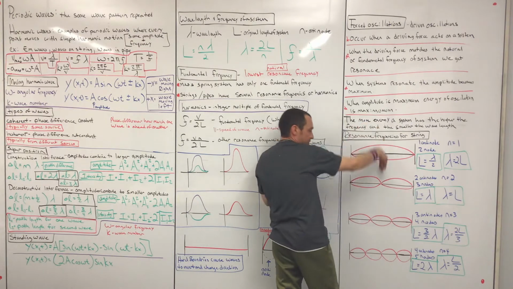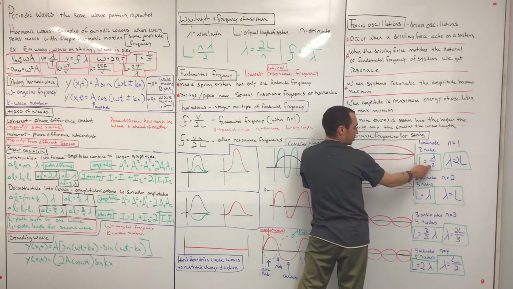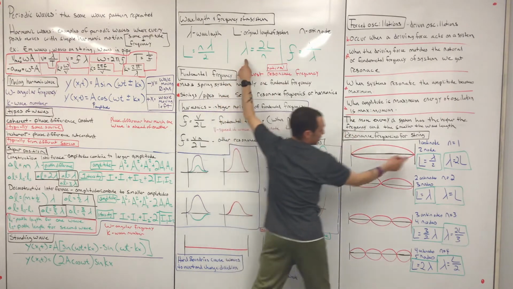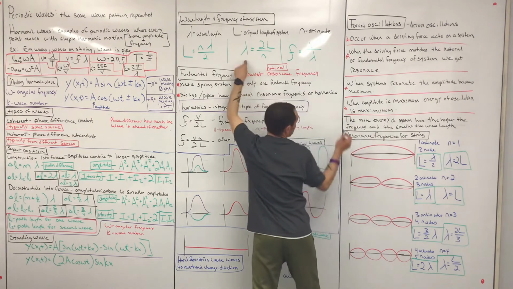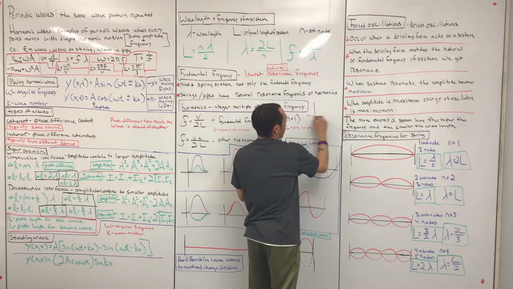Because we know a full wavelength would be a full wave. So we see right now that the full length of the rope is actually equal to half a wavelength. Or if we use this equation and use n as 1, we see that the wavelength is equal to twice the length. So if I were to get a full wavelength, remember,